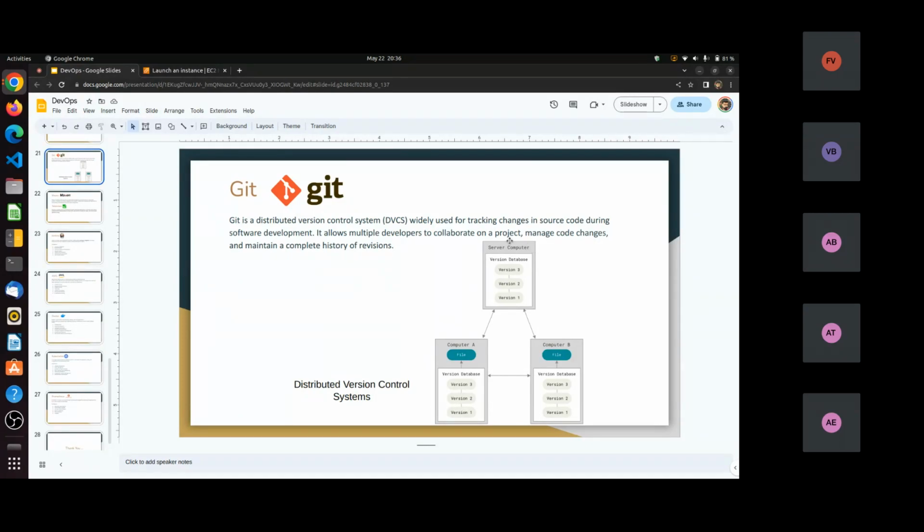Then this is the server computer, which will have the main version, and version 1, version 2, version 3. Suppose computer A is developing some code, and after developing, the code will be uploaded to this server computer.